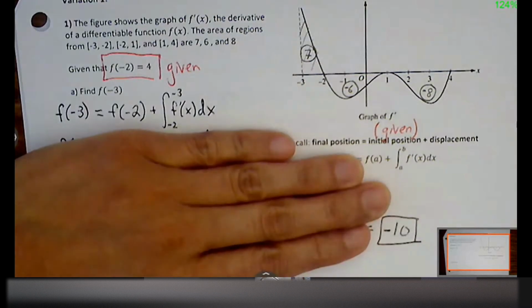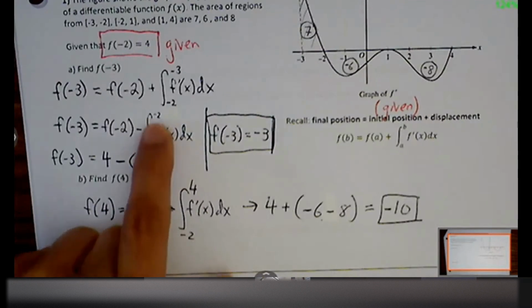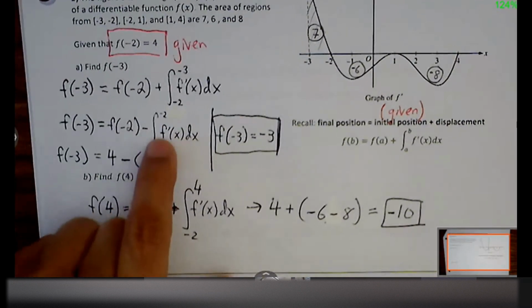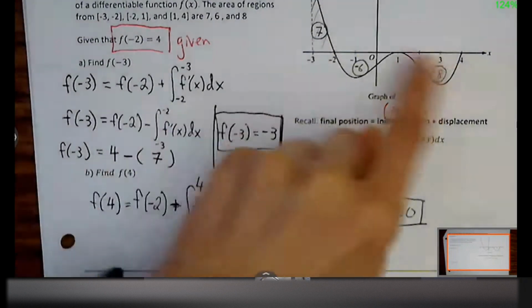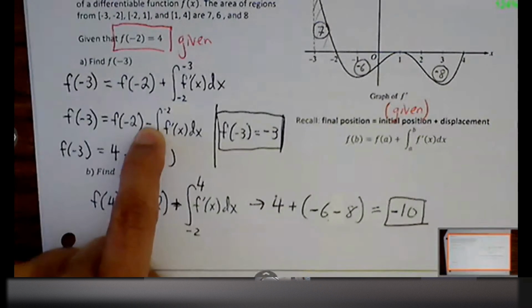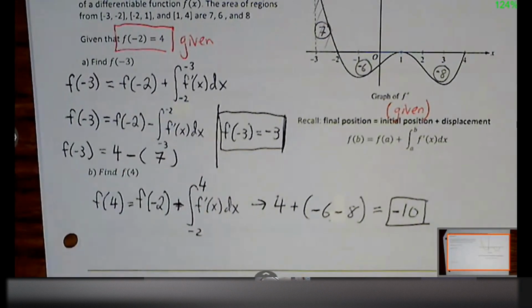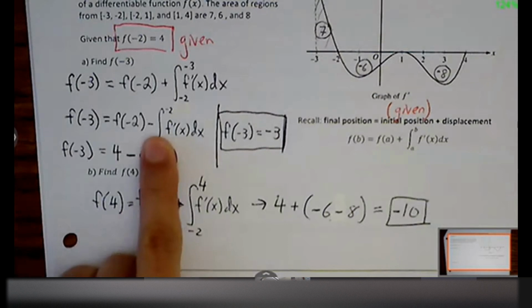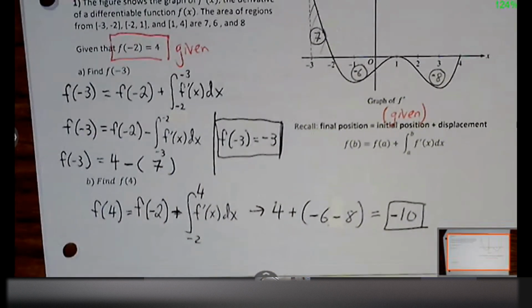But I find it more straightforward if students just make the bounds go from smaller to larger. But if you flip the bounds, you're changing something about the problem. You're changing the way that you're reading the problem. So anytime you flip the bounds, I'm just going to change that sign. And that way, I've already taken care of the negative, and I can just read the graph exactly as I see it. I don't have to keep track of all these opposites in my head, because I already took care of it with that notation there. Okay. Good. Any other questions?